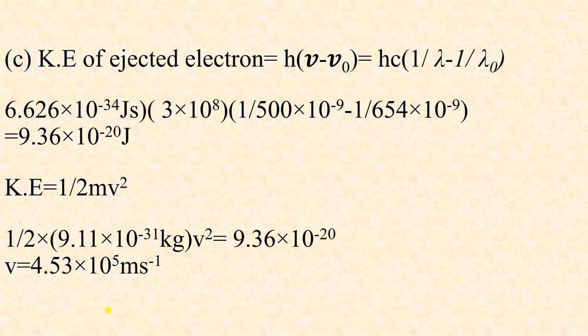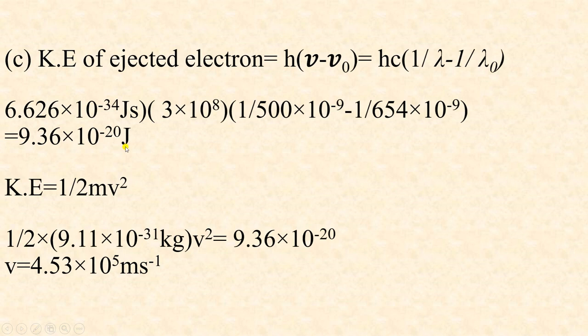In the next part we have to find out the kinetic energy of the ejected electron and velocity. So first we will find the kinetic energy of the ejected electron. Formula is h nu minus h nu naught. So here we will take h common, so it will become h into nu minus nu naught. Now nu is c by lambda, so here you can take c as common. So it will become hc into 1 by lambda minus 1 by lambda naught. Now put all the values and the value of kinetic energy is equal to 9.36 into 10 to the power